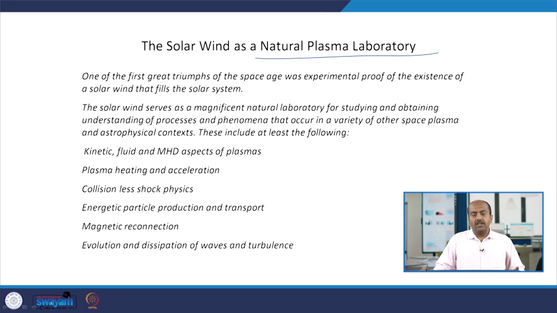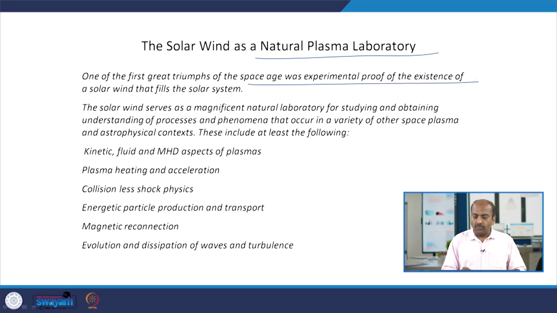So, we have seen the various statistics about the solar wind: what the composition is in terms of the number of particles, what the average velocity of the solar wind is, and what the particle flux is at a distance of 1 astronomical unit, and so on. More importantly, solar wind is actually a natural plasma laboratory. What do I mean by that? It means that solar wind is a demonstration where various different types of plasma processes are actually being demonstrated successfully.